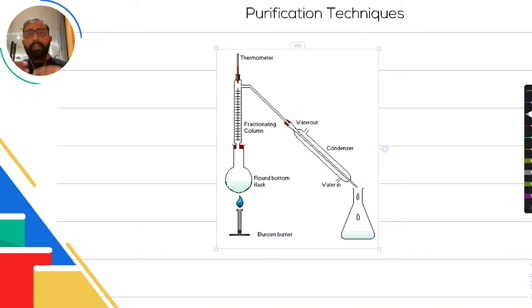All right, so when things start to boil, they're able to go all the way, but other things are kind of coming back. So the fractionating column is like a filter for vapors. Okay, it allows some vapors to go out, but some it stops. Obviously, the size of the fractionating column helps. If you have many mixtures, you would want to have a very big fractionating column, like when you separate crude oil or when you separate